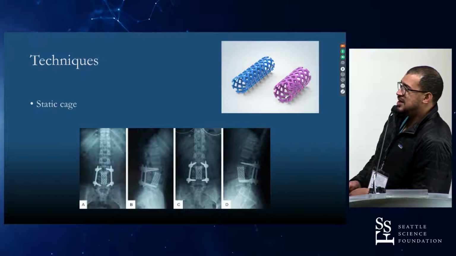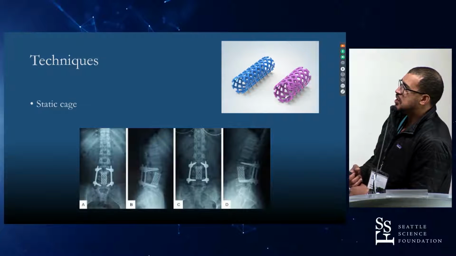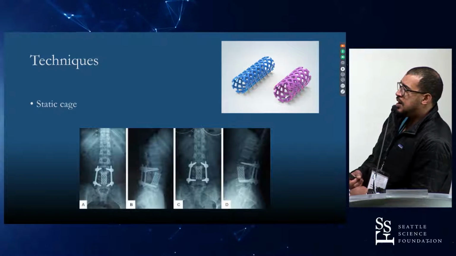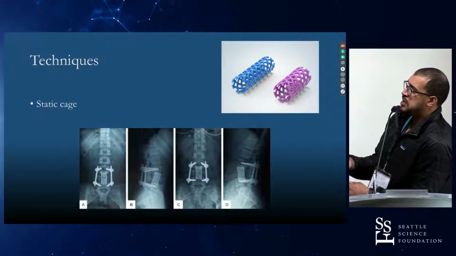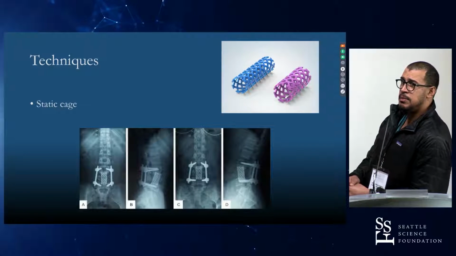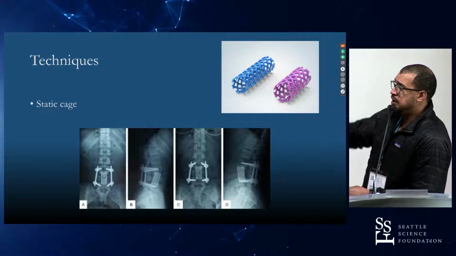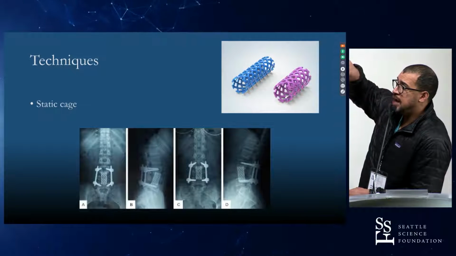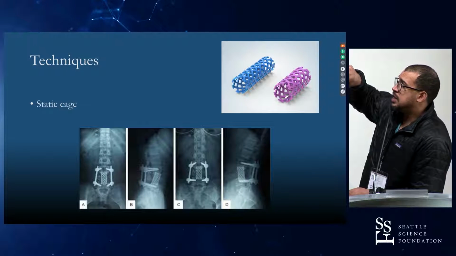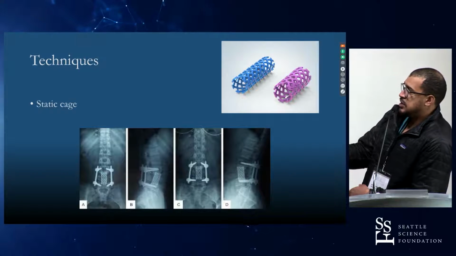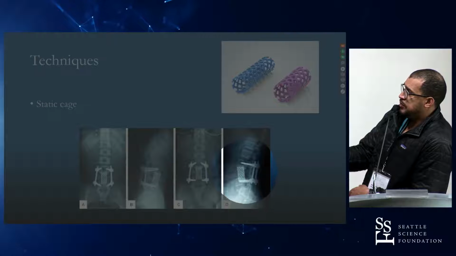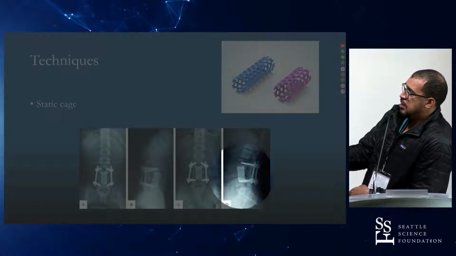So some of the older approaches here, we talk about reconstructing the anterior column. These are our titanium cages. You're doing a full corpectomy here. Obviously, this was not done through a lateral approach, but you could imagine when we talk about all those, the lumbar plexus, if you do try to do a static cage, you have to get a full dissection top to bottom, if you're looking at it laterally, from the